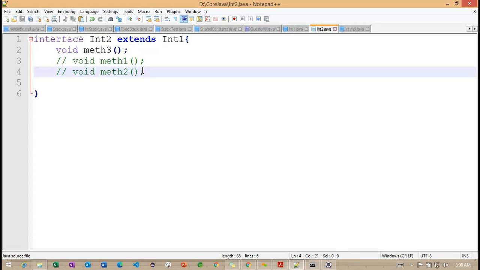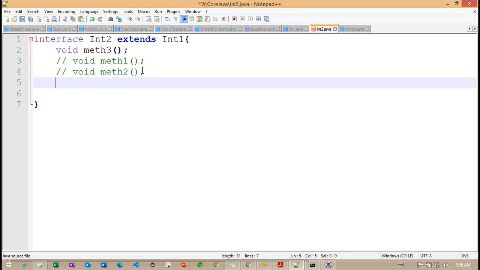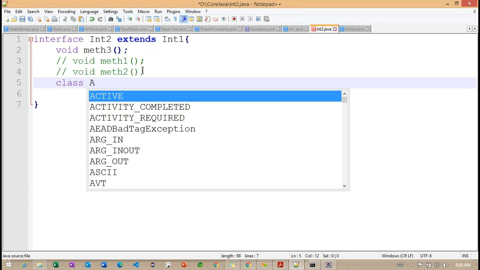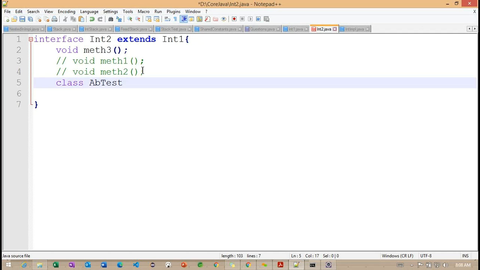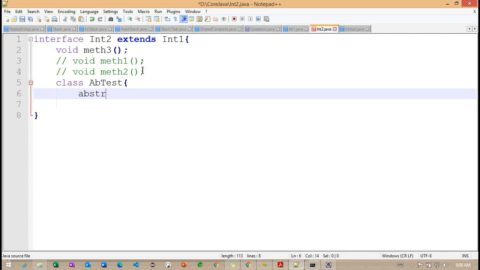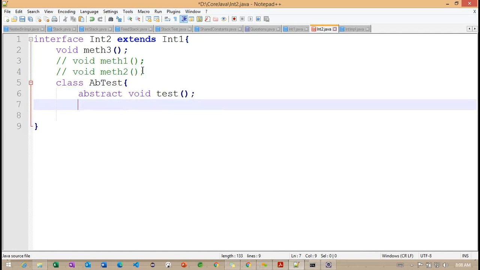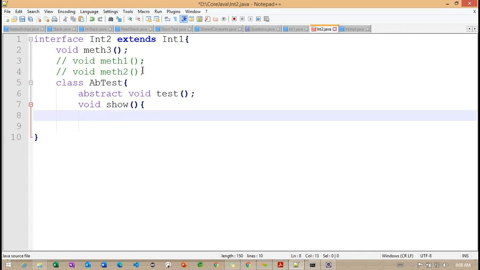Getting the point. When we work with abstract classes, like the one we created here, this is our abstract class. Now what I'm trying to write here is abstract void some test method. This is the abstract method, but this one is the normal method.